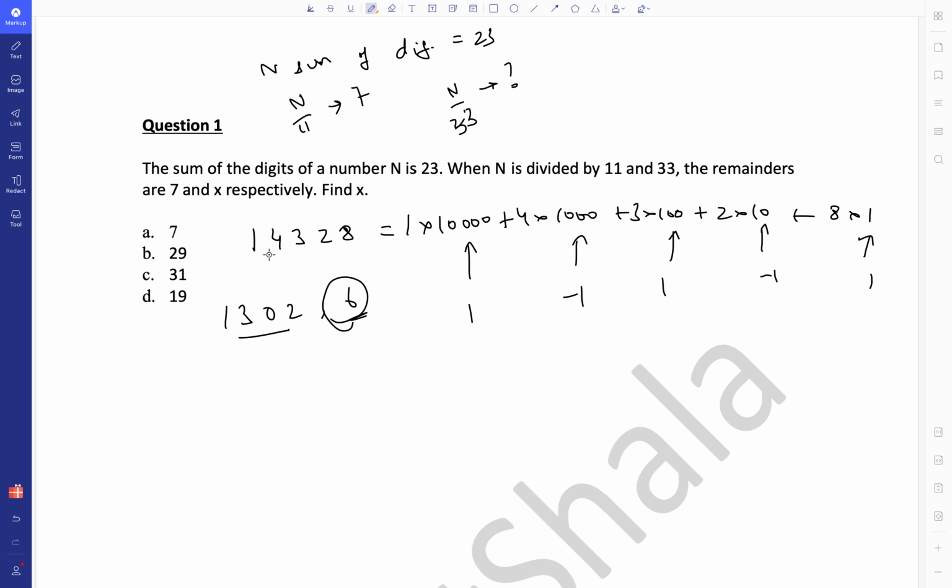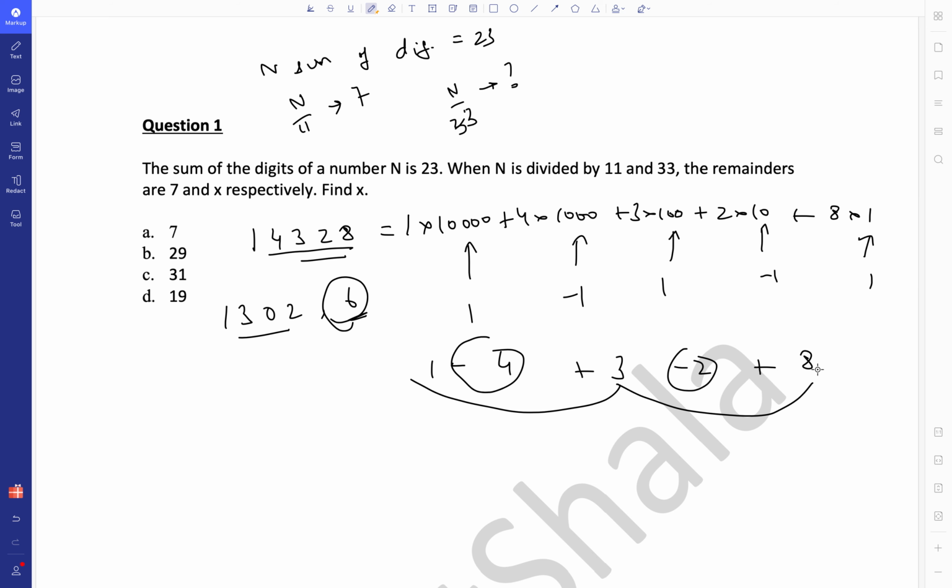Okay. So the remainder of this entire thing, what will it be? It will be 1 minus 4 plus 3 minus 2 plus 8. So we are adding these digits from the right alternately, and we are subtracting the others. These are the odd position digits, 1, 3, 5. I'm not talking about the values, the positions. So this is the first digit from the right, this is the second digit, third digit, fourth digit, fifth digit. Okay. So we are adding the fifth, third and first digit while we are subtracting the second and the fourth digit.